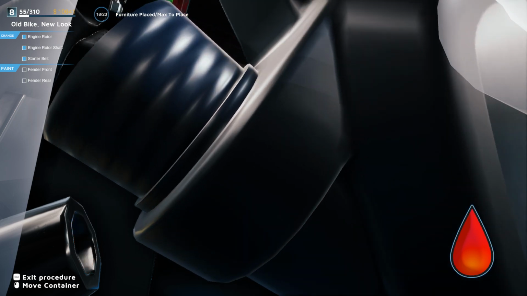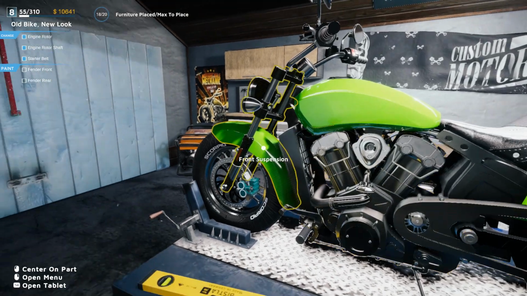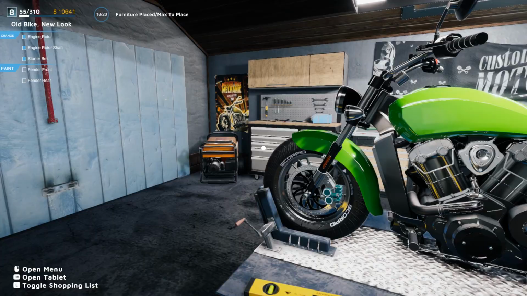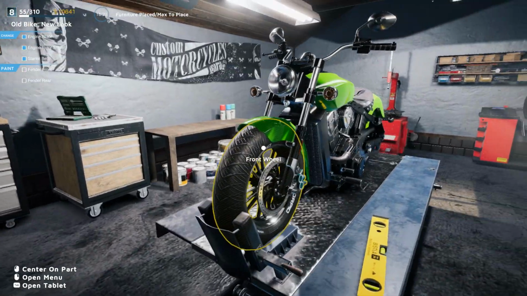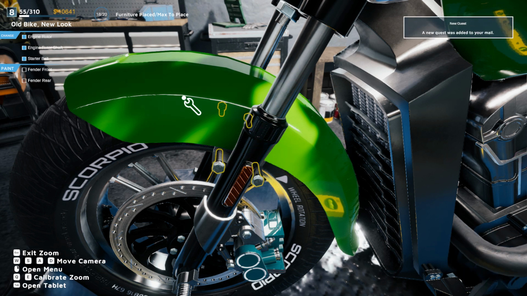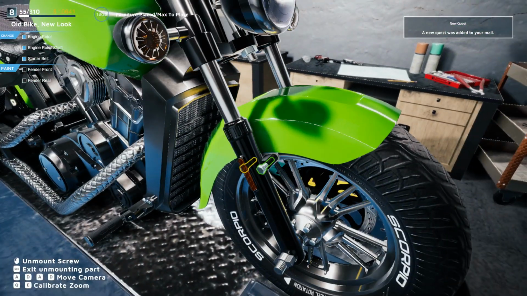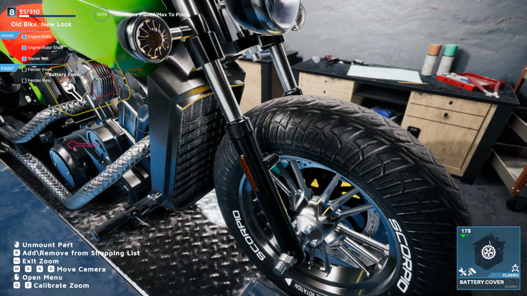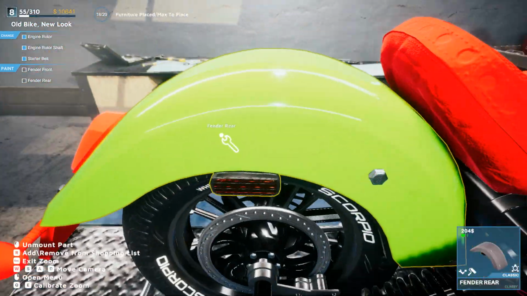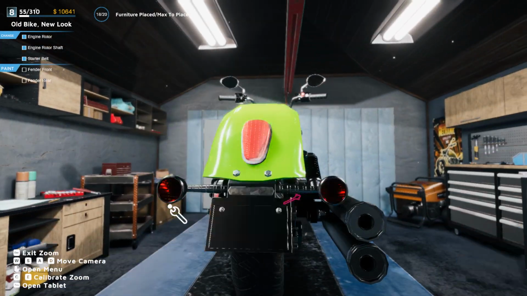All right, so we've got that done. Now the client would also like us to paint the fender front and the fender rear. Hopefully I don't have to do too much disassembly to get to these fenders. And that brings up another question I have. Yeah, see this one. All right, we got to remove the...